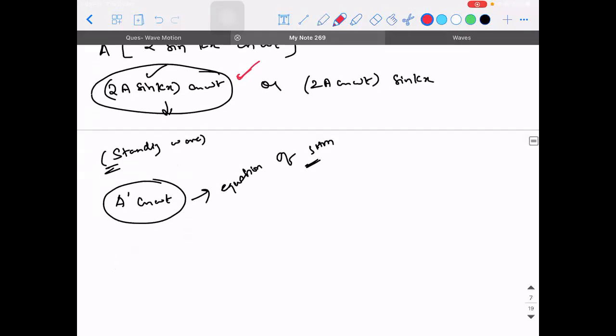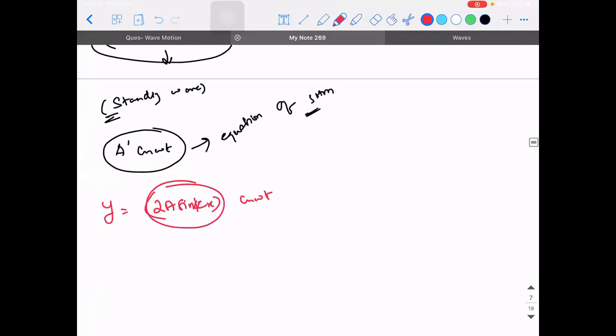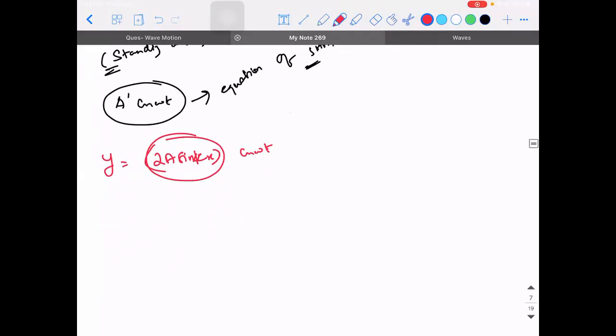Whereas when you look at the equation of the standing wave, 2a sine kx, this is not a constant. It is varying with respect to distance. With respect to which distance? x distance. So when I say varying, the amplitude can have a maximum value,